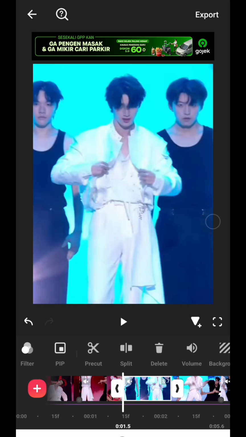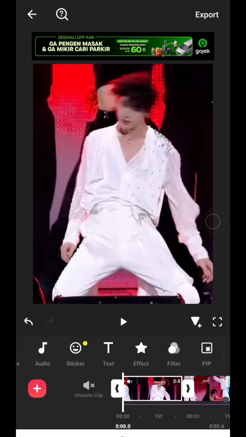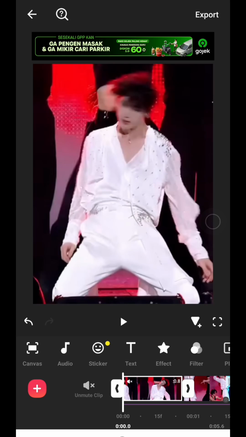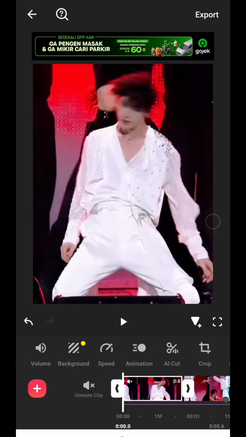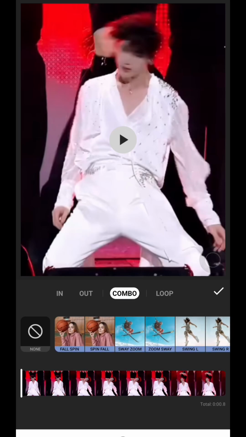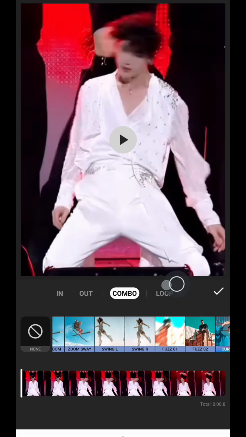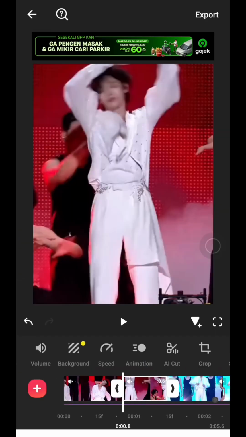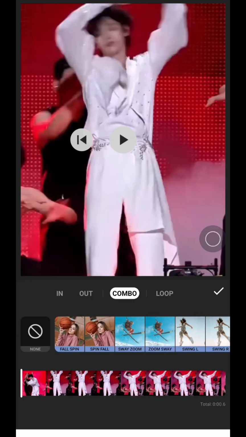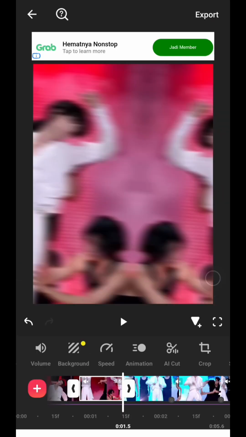Next, let's add the swing animations. For the first clip, just use combo animations, and choose swing left, this one, just tap on it. And next for the second clip, go to animations again and choose combo again, and then choose swing right, this one, like this. And then just keep alternating this pattern for the rest of the clips